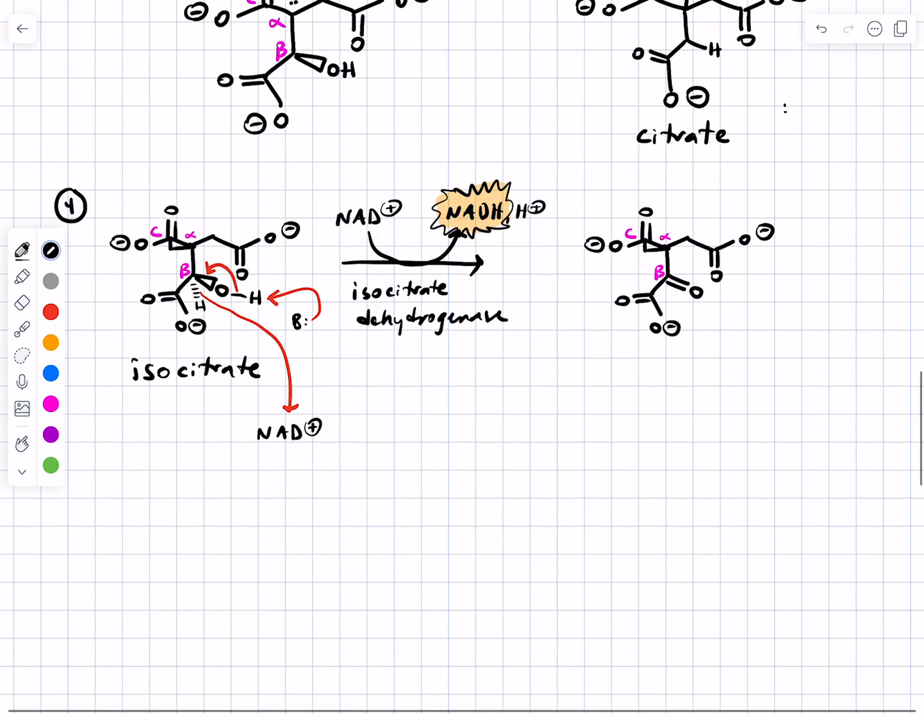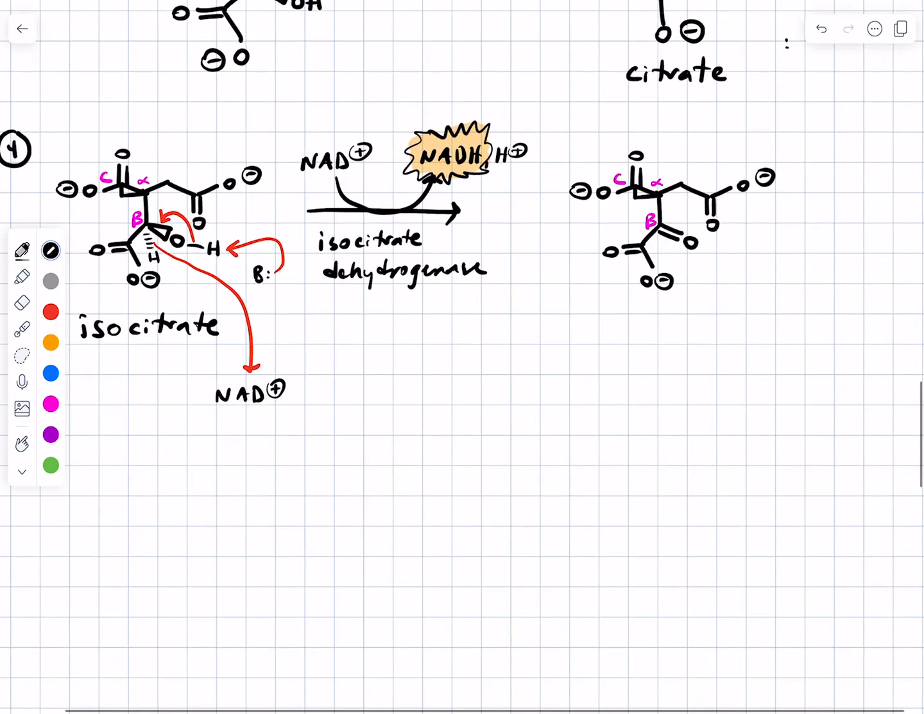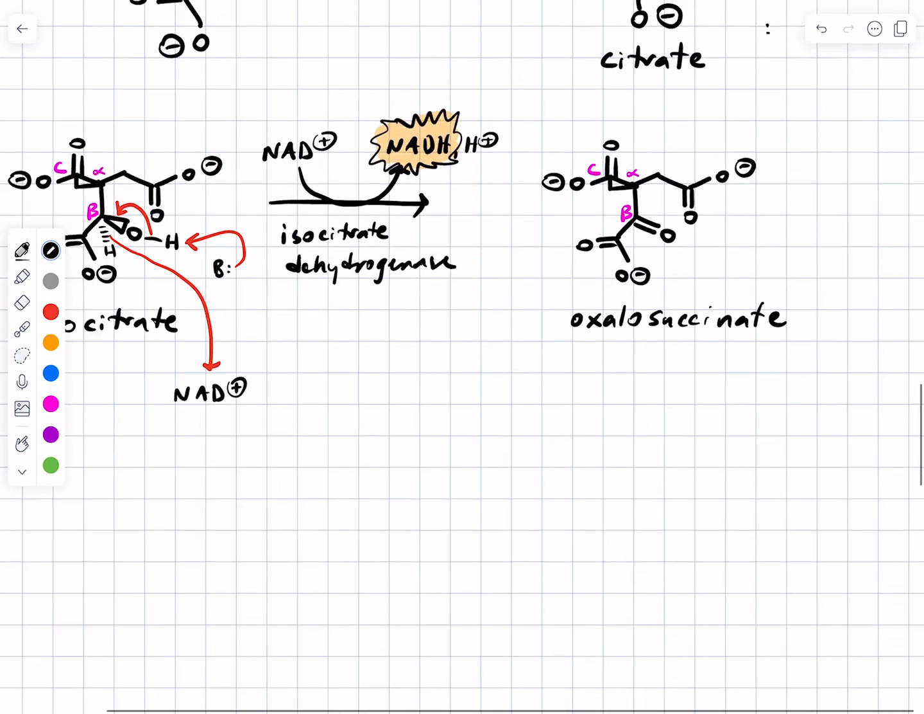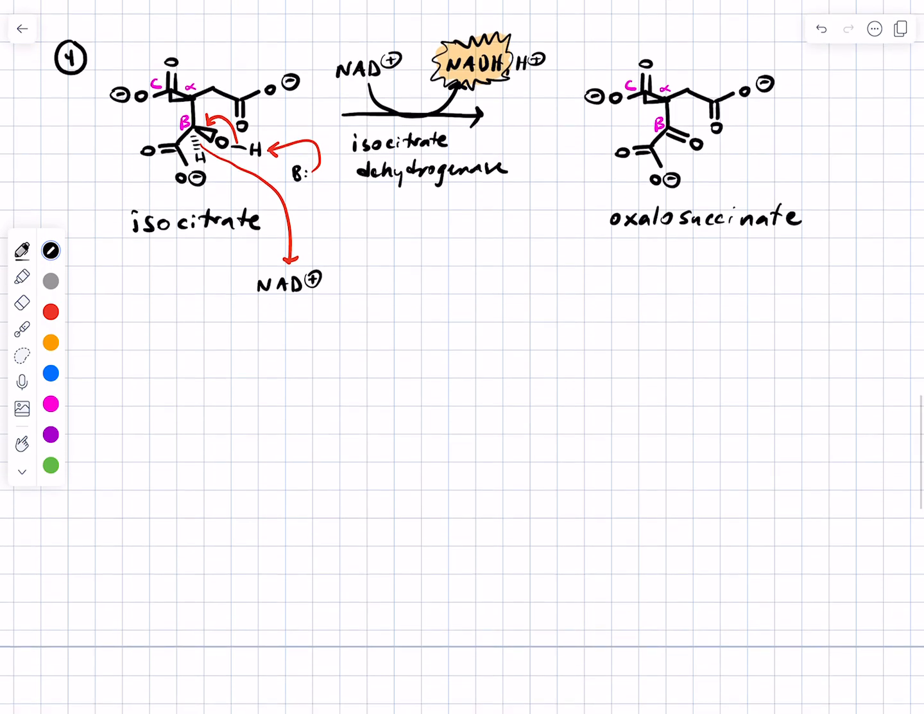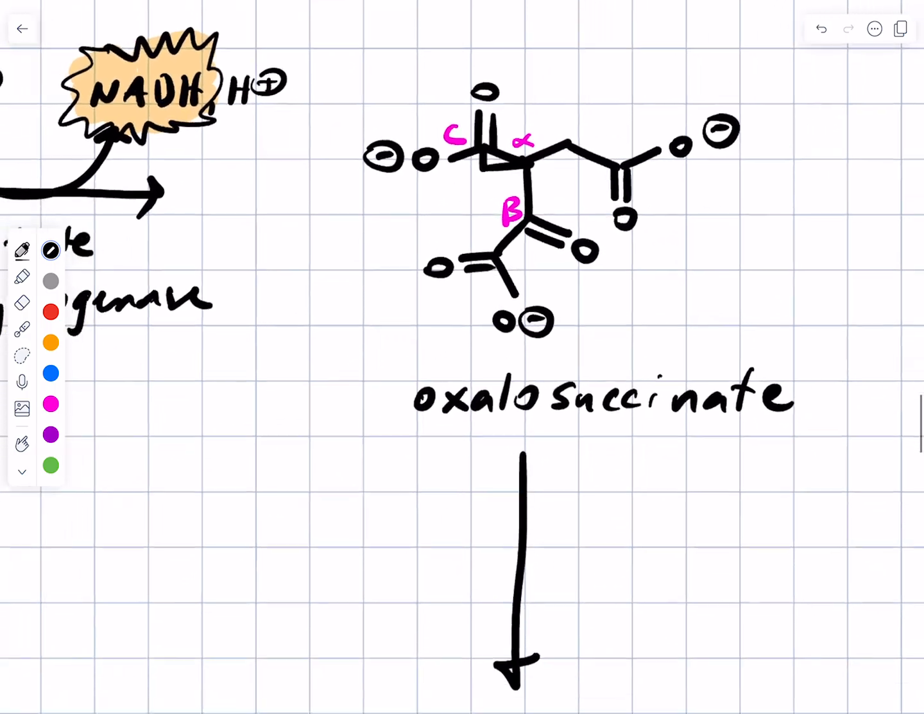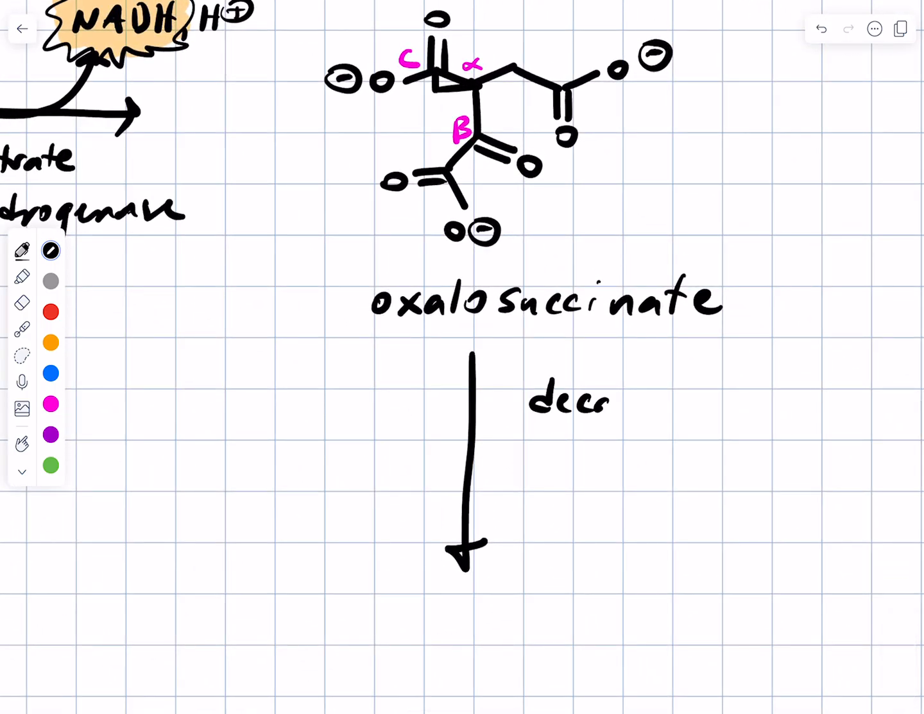Okay, so having established that beta keto acid, we're now ready for decarboxylation. This intermediate is called oxalosuccinate. And once we're there, we're set up for step 5, also in the context of the same enzyme. So I'll just include 4 and 5 here. And this involves the decarboxylation step of